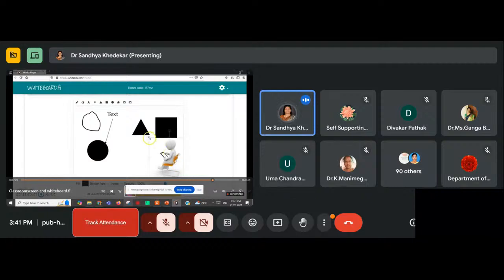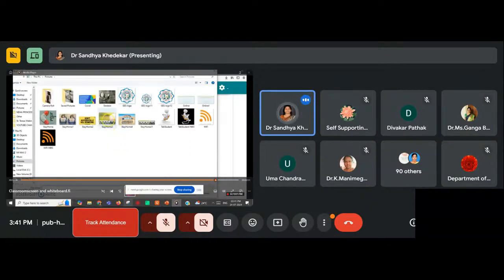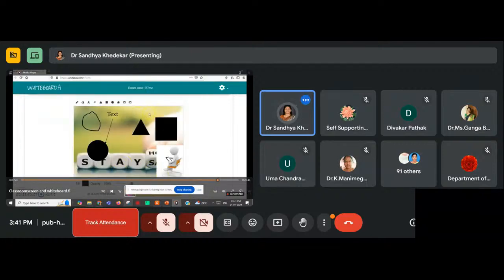I can insert this image here, and if I want to insert a background image, for example, this is a background image of stay home, stay safe, and I want to put it on the back side, on the background. You can put it here. Some color combinations you can also select. So I have chosen this color and I want this kind of shape. So colorful boxes, and I can put some text box inside and write.